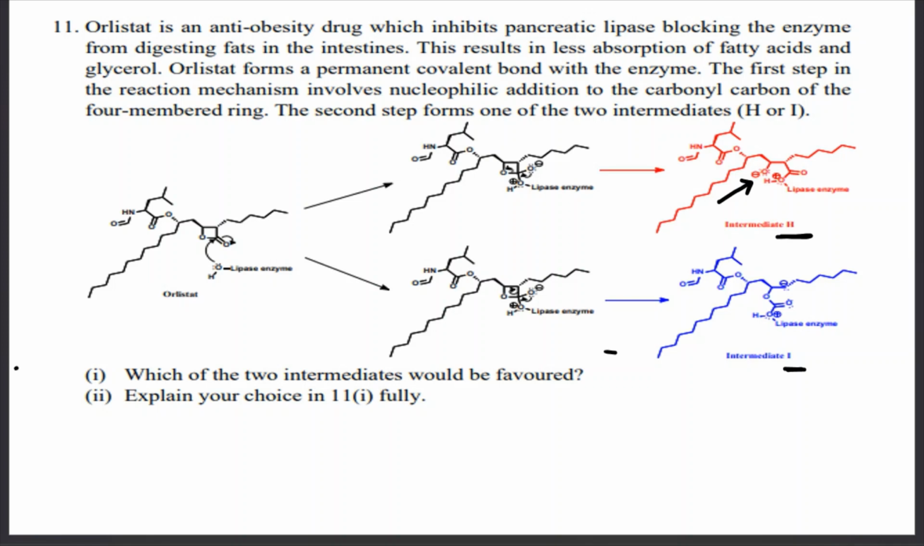Like that. And then in I, the negative charge is formed on carbon here. So now the intermediate that will be favored is intermediate H. So the answer is intermediate H. Why would it be favored? Because